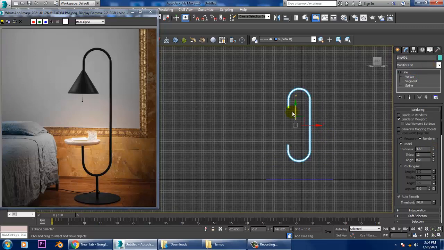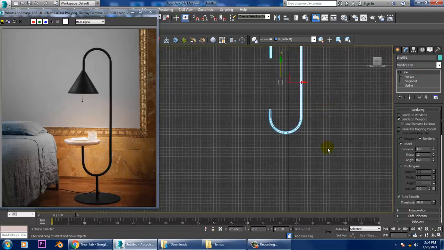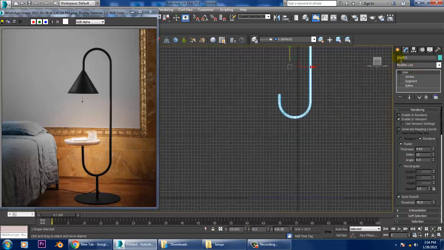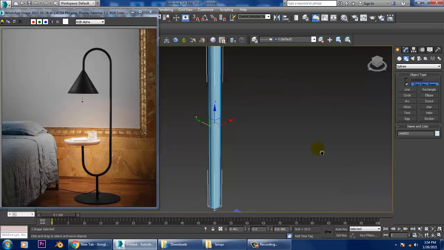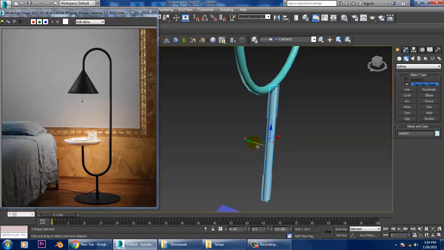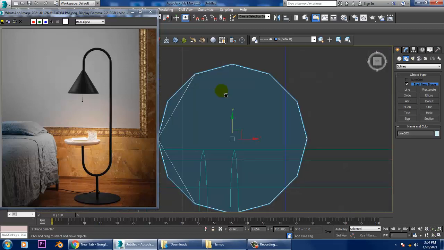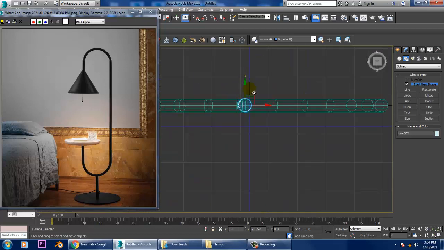Let's slightly push this up and take one more line over here. Slightly push it up.